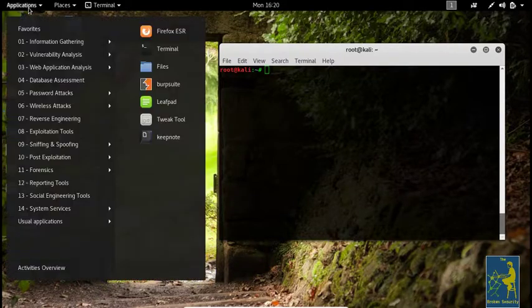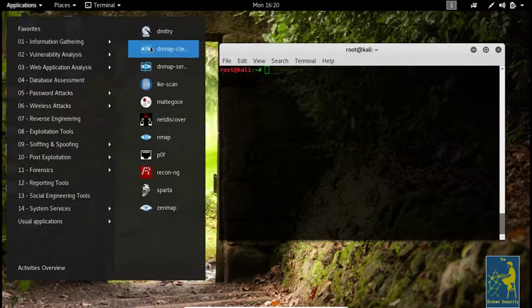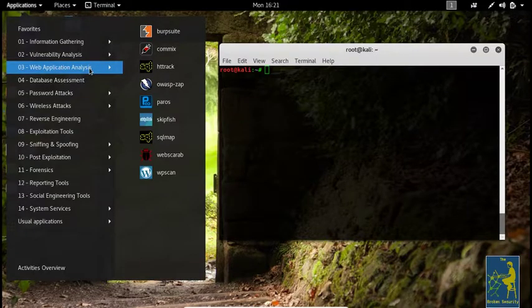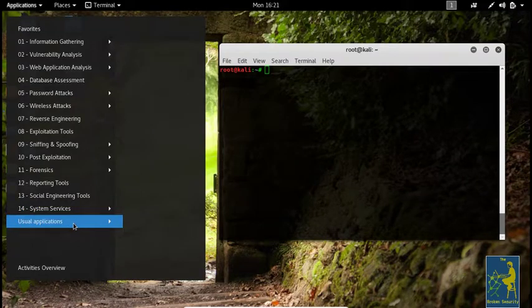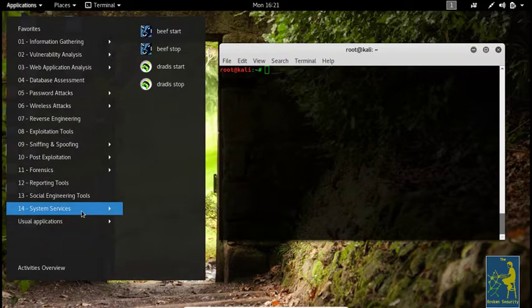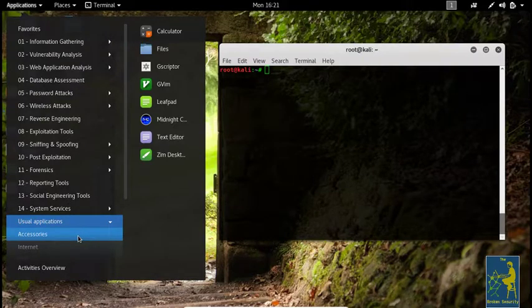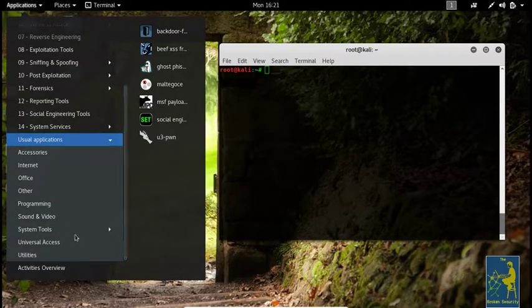So if you go to the applications here, you would see all these different categories. Say for example information gathering, and you see all these tools that are used for information gathering, vulnerability analysis, web application analysis, database, password, and so on and so forth. Down here you would see some system services, some usual applications like the common ones like accessories, internet options, and some of the other programming things and sounds and videos,